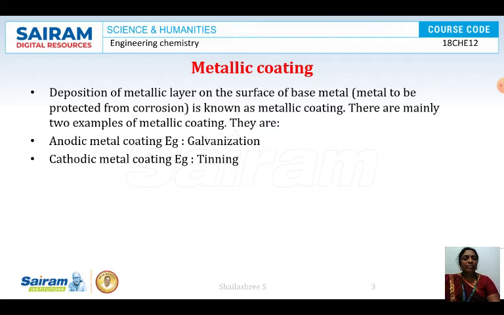We have gone through the electrochemical series many times, and there is also another series called the galvanic series. In the galvanic series, we always discuss the base metal iron. If iron is coated with metals present above it, it is called an anodic metal coating. If we coat iron with any metal present below it in the galvanic series, it is referred to as a cathodic metal coating.